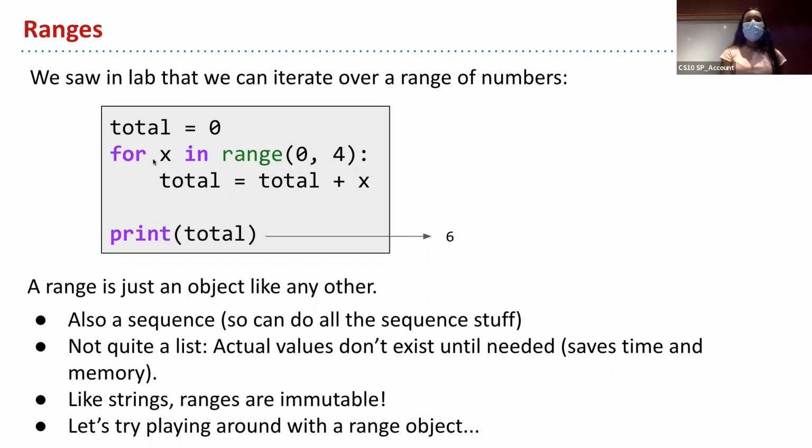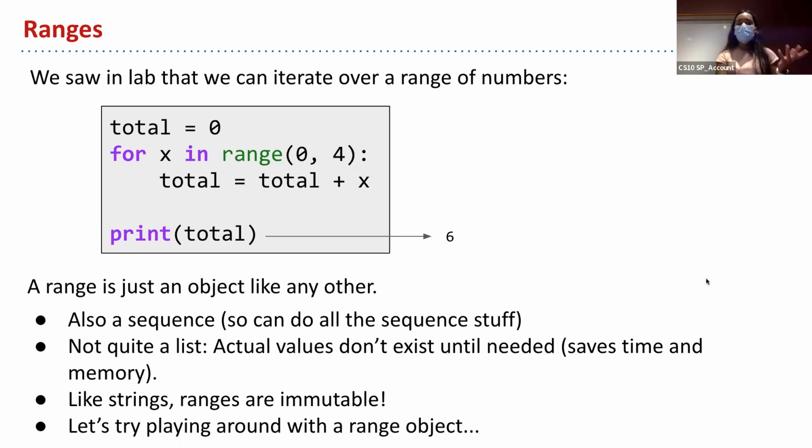So if we say for x in range(0, 4), this is like a for loop. x is going to take on the value 0 first, and then 1, and then 2, and then 3, but not 4 because it's exclusive on the right side. This is basically adding up numbers from 0 to 3. So it's going to add 0, and then 1, 2, 3, and then it's going to stop, and it's going to print the total as 6. Does that make sense? What this code is doing?